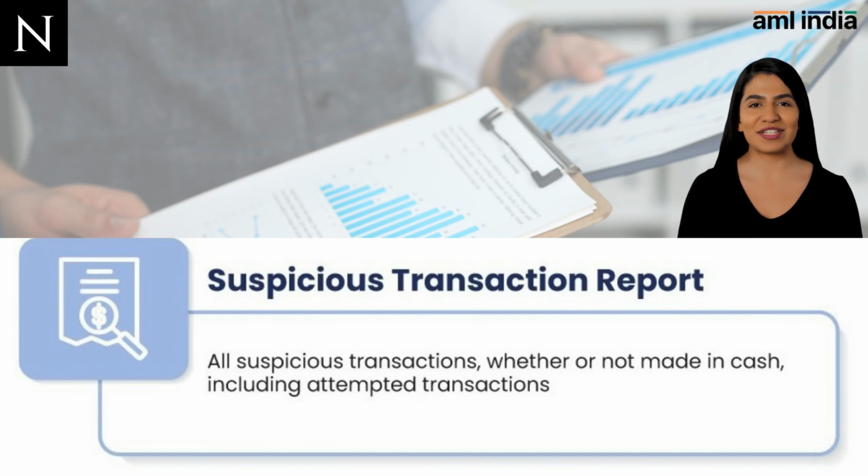Last but not the least is the Suspicious Transaction Report. STR is to be filed with the FIU for reporting any suspicious transaction or activity identified as being associated with proceeds of crime or terrorism financing. The reporting entities must furnish STR for any suspicions observed, irrespective of the transaction completion status or the value involved, whether executed in cash or otherwise. The STR must be filed immediately once the red flag suggests involvement in financial crime.